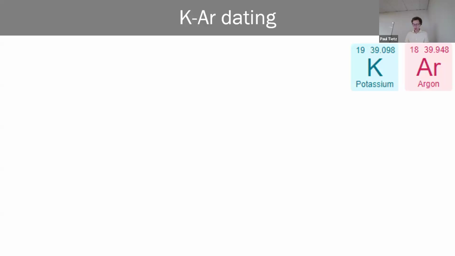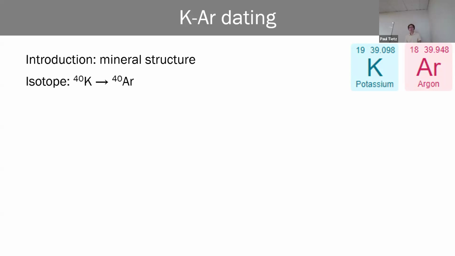This isotope begins as potassium-40, and it's introduced through the mineral structure of some mineral crystals. How this works is the intense heat and pressure environments of magma chambers, or if you can imagine hot molten rock in the form of magma, that can create